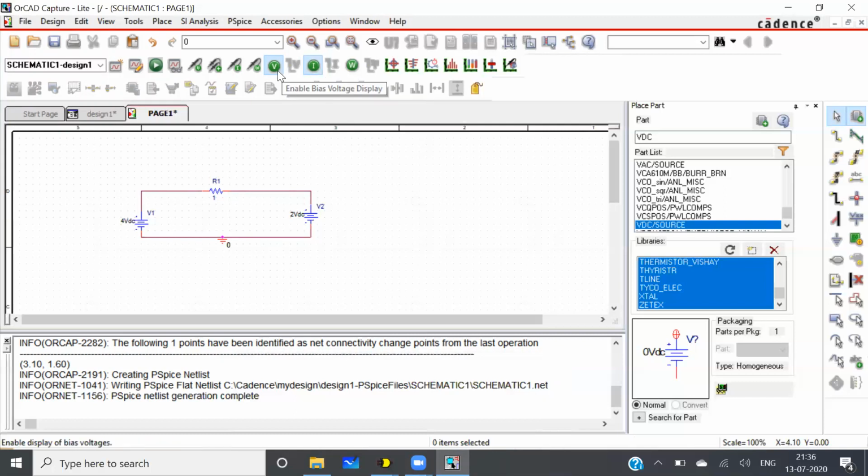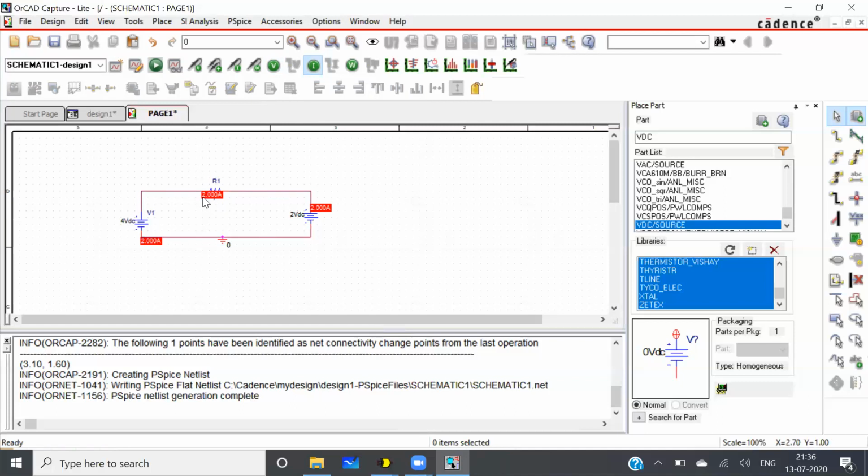This is a V marker, this is an I marker, this is a W marker. To display the current, you have to select this current marker. Similarly, to display the voltage, we have to select this voltage marker. For now, I'm only keeping this current marker. In our case, the current has to be equal to 2 ampere.